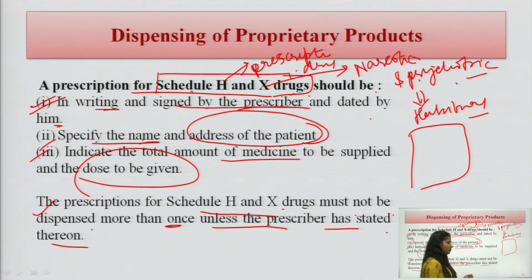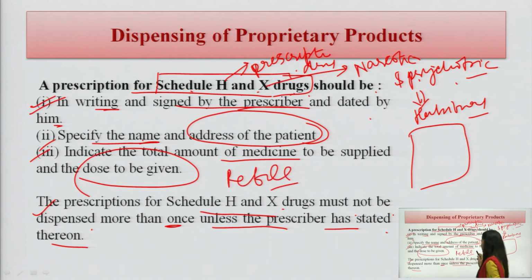They are prescription drugs. They should be supplied only after prescription and dispensed only under a registered pharmacist. So the prescription should be properly signed, the name should be there, and the address of the patient should be there. The total amount of medication should not be more than whatever is written in the prescription, and refilling should be there only if the physician writes it on the prescription. Before this condition is met, we will not refill or give the medication to the patients.